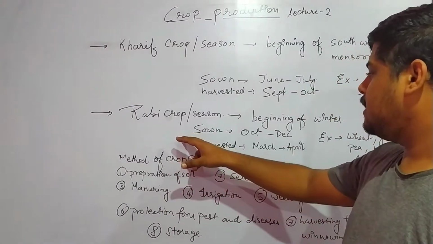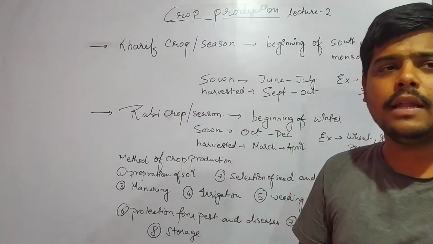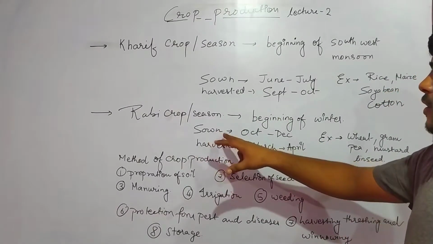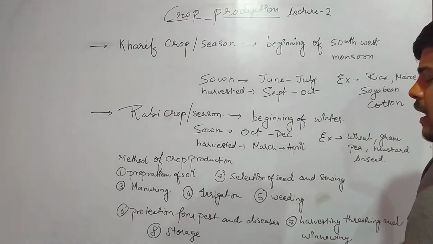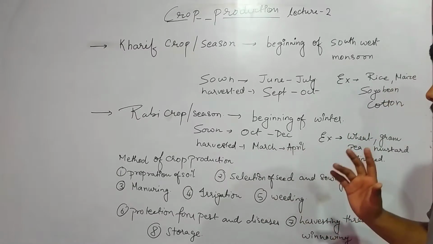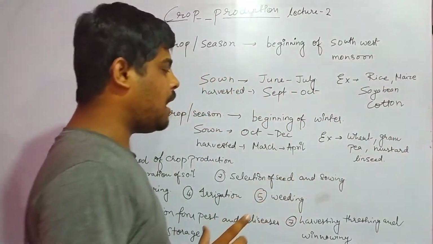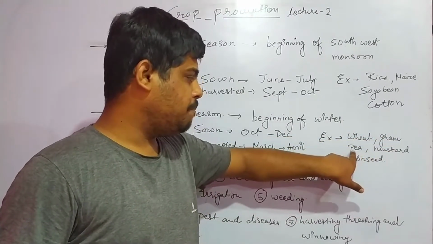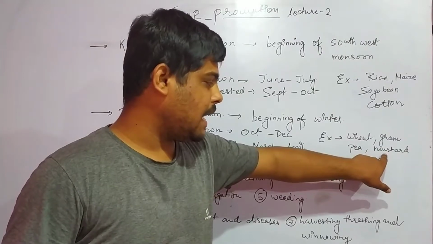Now the second season is Rabi season. The Rabi crops are sown in the beginning of winter, that is in the month of October to December. They are harvested in the month of March and April. The main examples of these crops are wheat, gram, that is chana, pea, that is matar, and mustard, rye, and